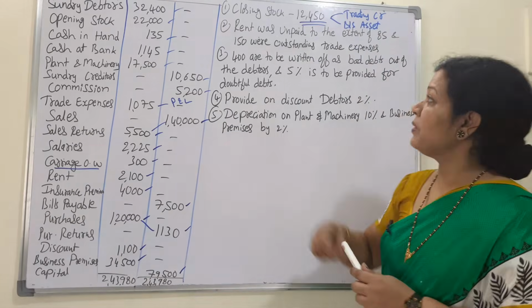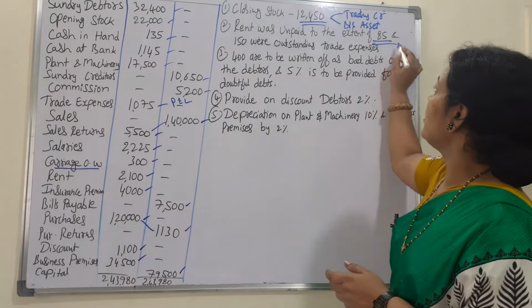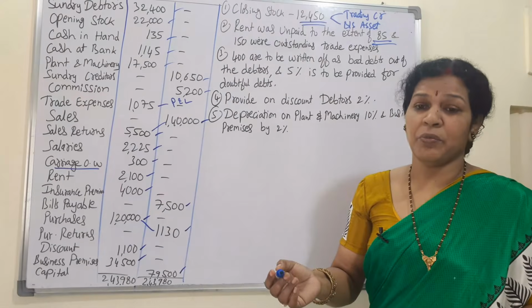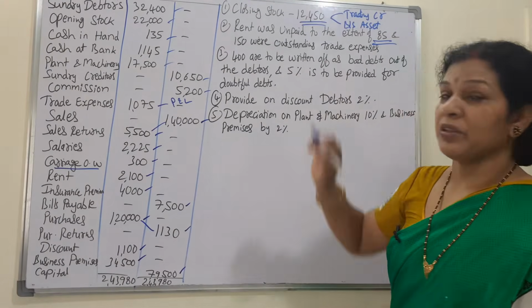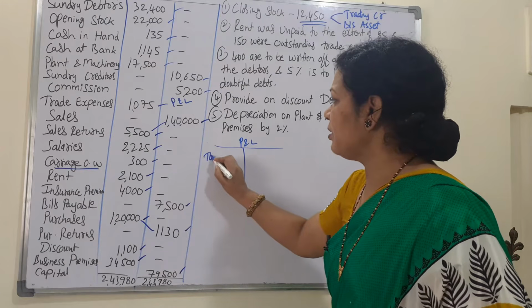Next one is that rent was unpaid to the extent of 85 rupees. Unpaid rent, what do we do? That will take it into the P&L account debit side like this. Rent is here, already paid is